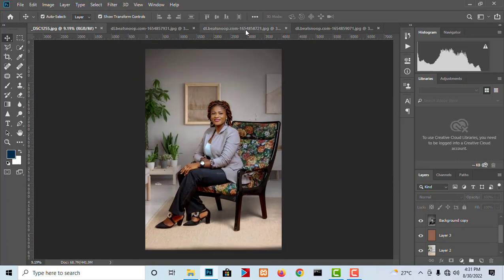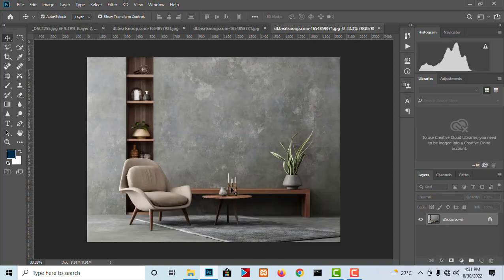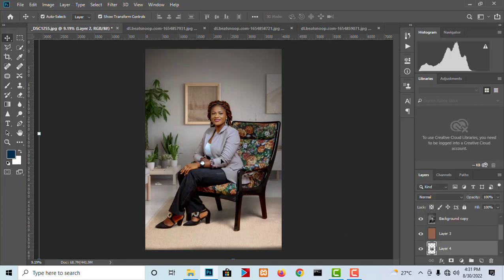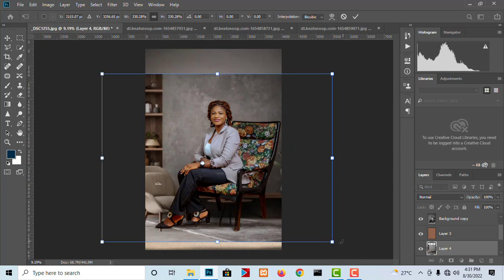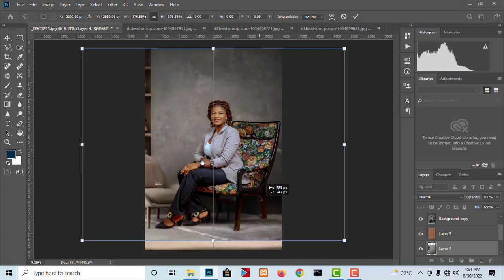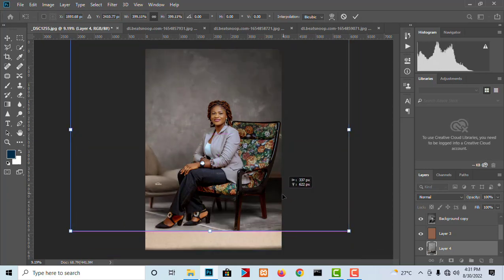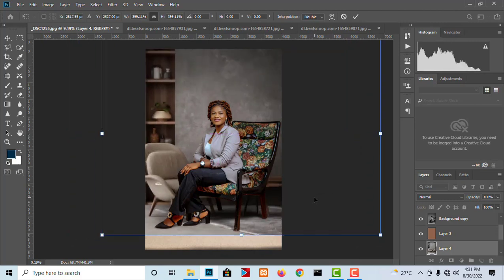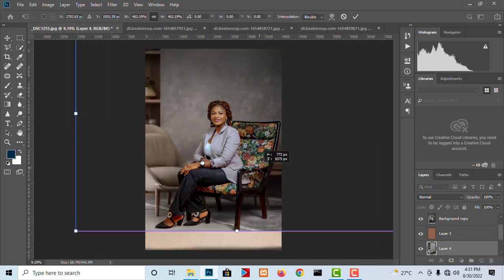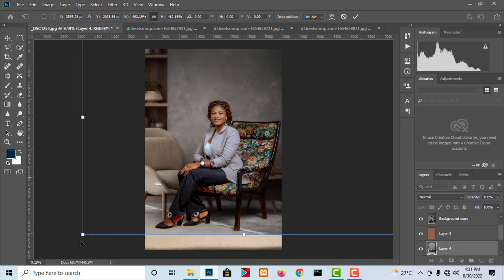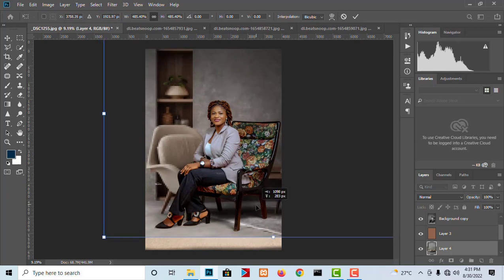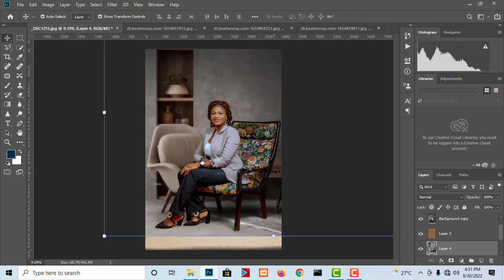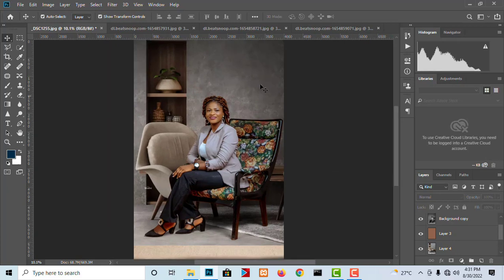Then you can do this on several backgrounds. Let's say I have other backgrounds here that we want to experiment with. So let's say for example this background is what we'll be using. Let's assume this is our background. We can just bring it right there and ensure that it is okay. Now this is not very realistic because the furniture is not really the best, so this will not be the best of examples. However, you can still see that